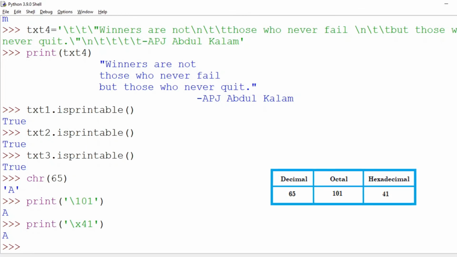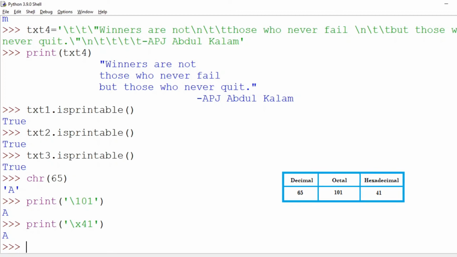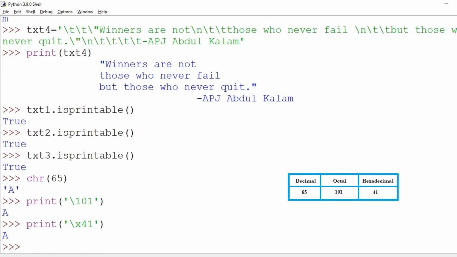Example, print \x41, which will print capital A. Please note the value 101 prefixed by a backslash is an octal number and the value 41 prefixed by \x is a hexadecimal number.